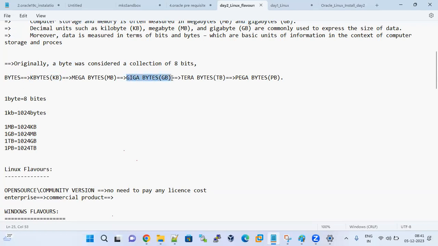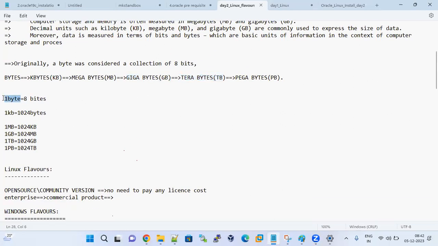1 GB equals 1024 megabytes. 1 TB equals 1024 gigabytes. 1 petabyte equals 1024 terabytes. This is how we measure computer storage and memory.